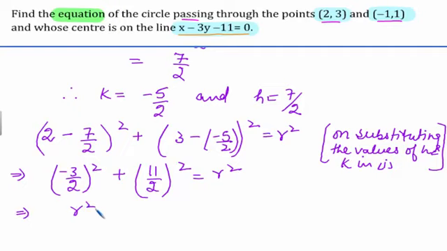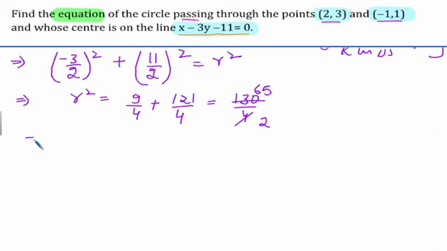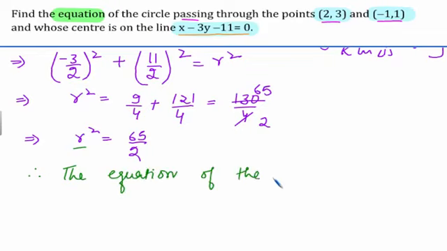So this implies r square is equal to 9 upon 4 plus 121 upon 4, which is equal to 130 upon 4. And on simplifying we get 2 2s are 4, 2 6s are 12, 2 5s are 10. This implies that r square is equal to 65 upon 2. Now we have got the value of r square, h and k. Therefore, the equation of the circle is